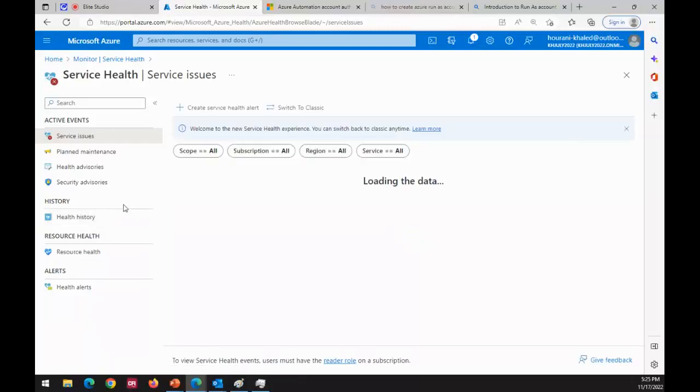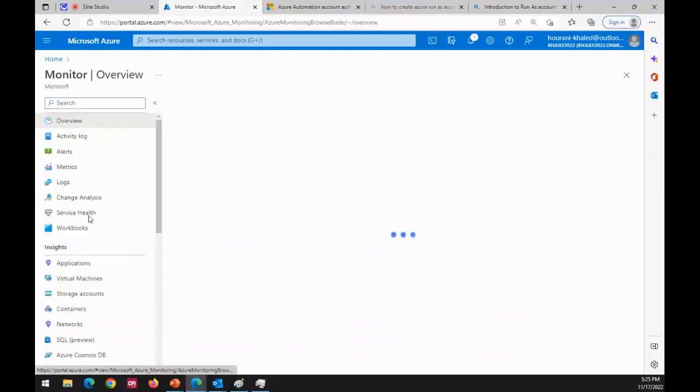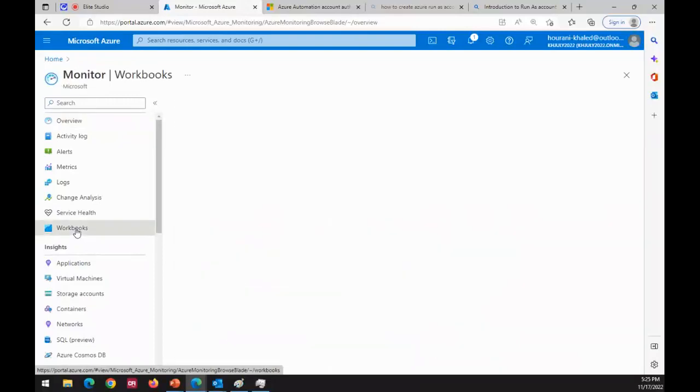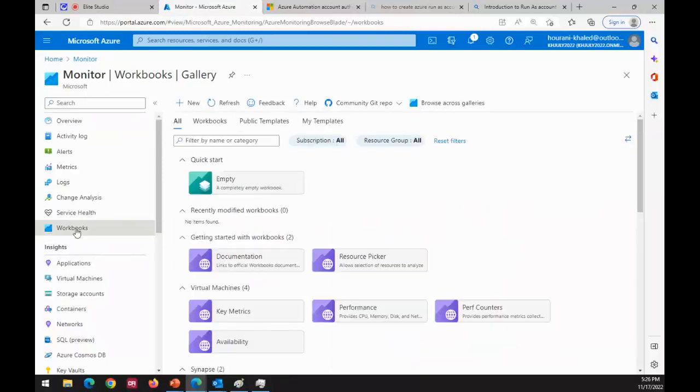It shows or gives you the health of the device you're looking for. We'll go to monitor again and see the workbooks. The workbooks are something very interesting because they are like an automation based on the metrics that run to do